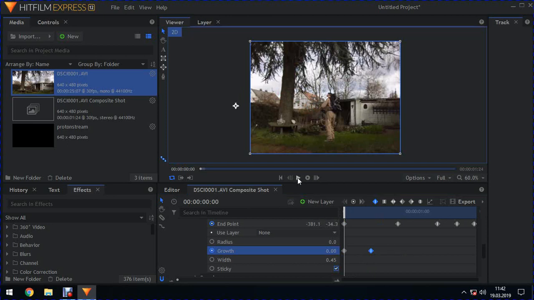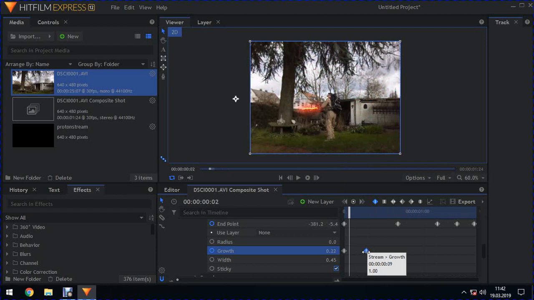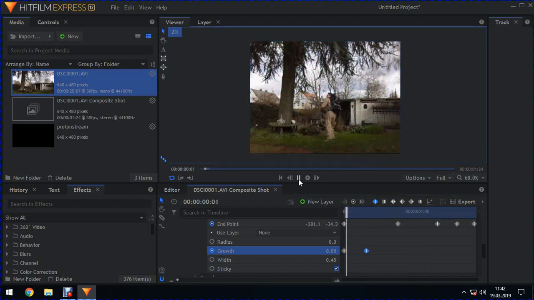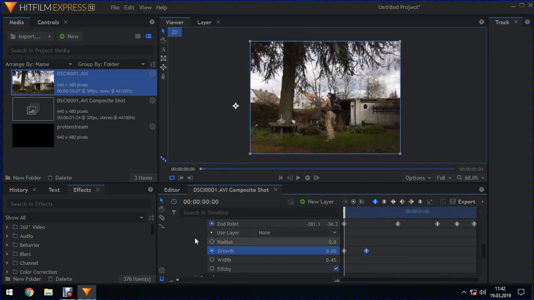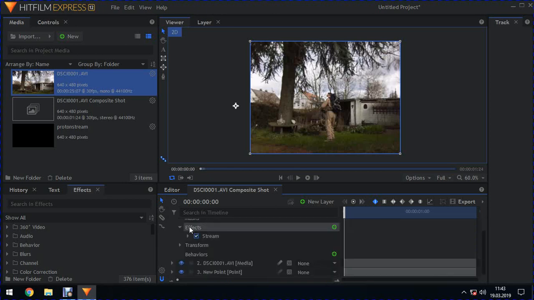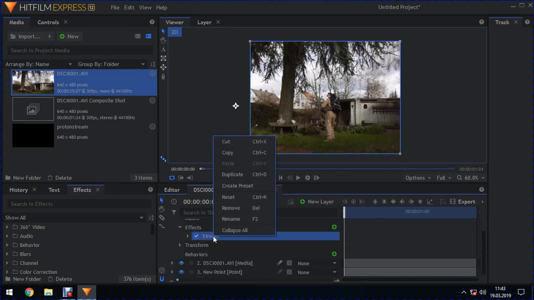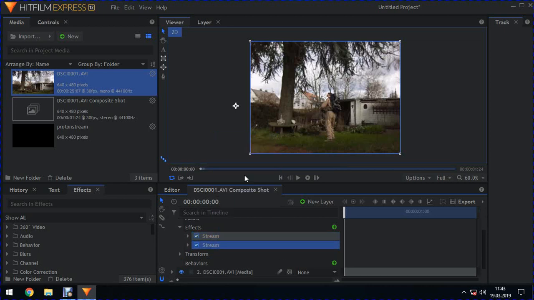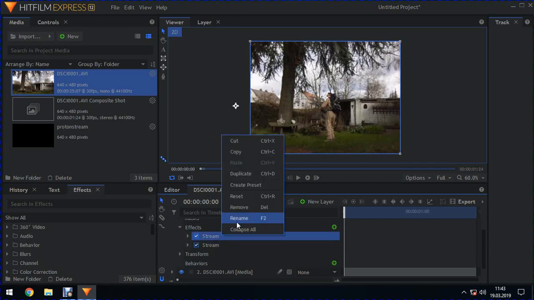So let's see how that looks. That looks way better. It could be a little bit faster, so we go 2 frames shorter. That looks cool. Let's use that. So, how do we do the lightning, that blue flash around that? That's pretty easy. Let's collapse everything here and we duplicate the stream. We can use the duplicate function, and both are the same now. We just take the upper one and rename it to